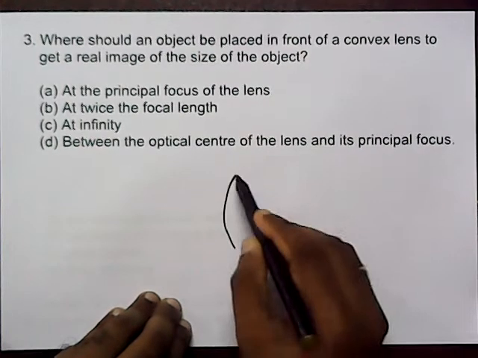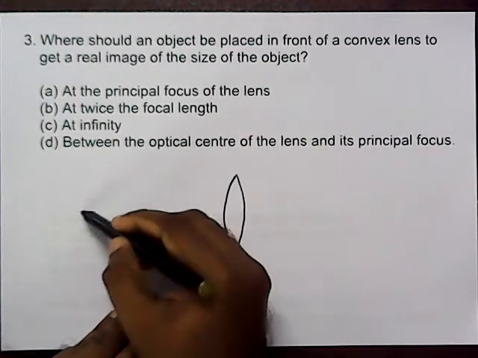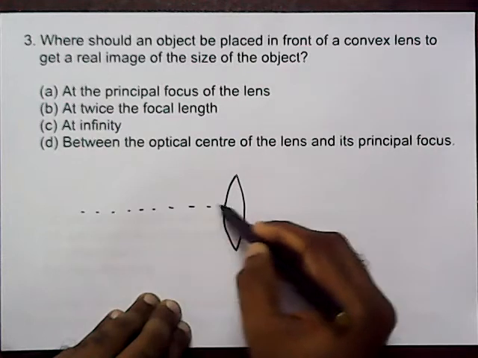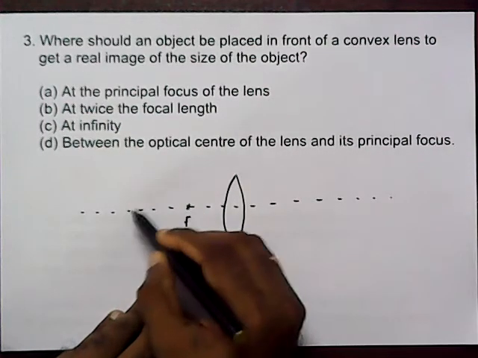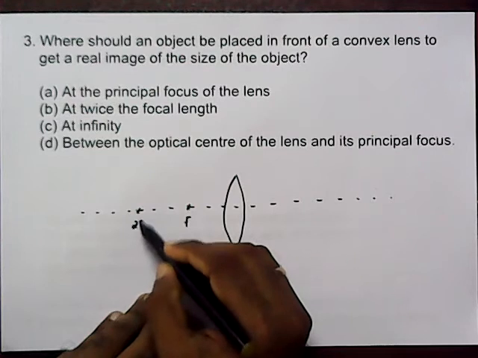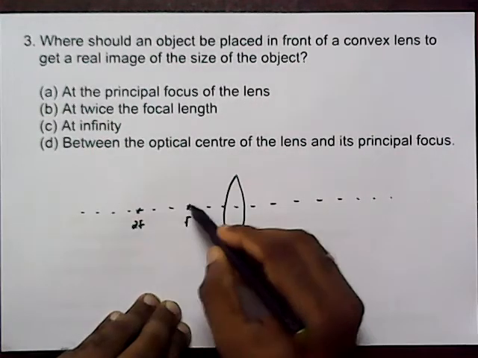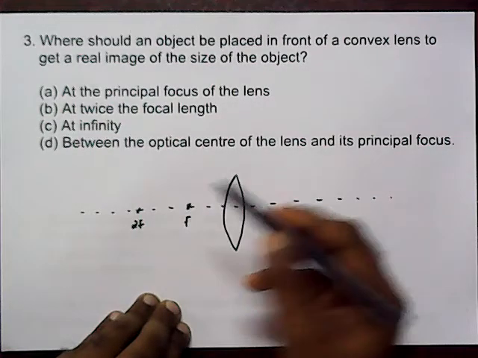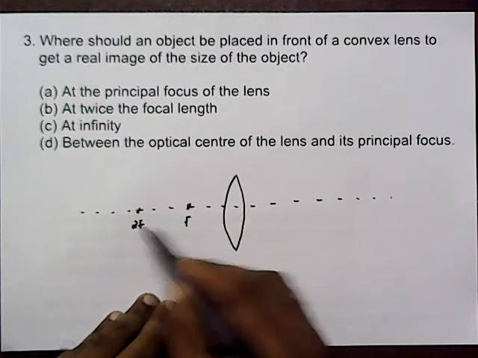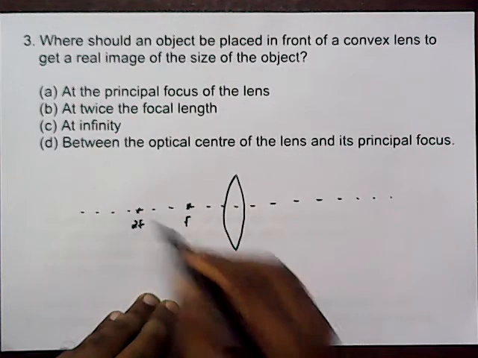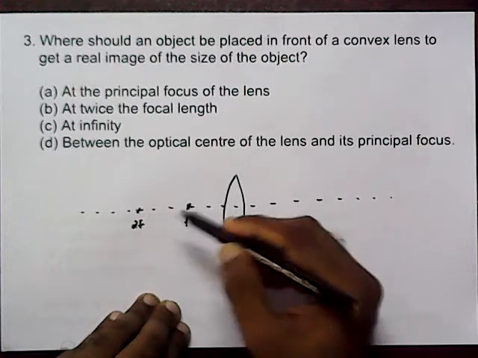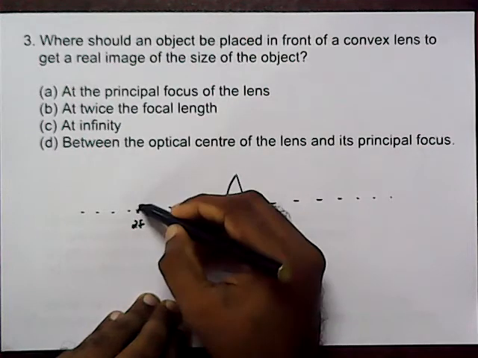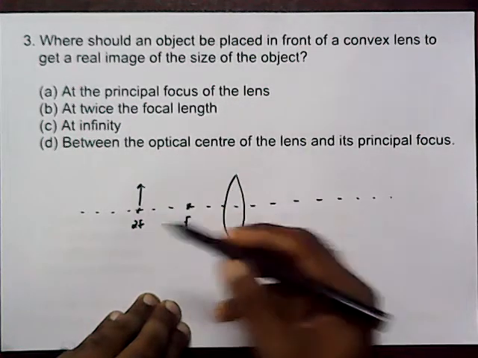So if you just revise all the image formation for a convex lens, the cases there. If you place the object at infinity, you get the image at f. Beyond 2f, in between 2f and f, at that case, a smaller image is formed. But when we place the object at 2f,